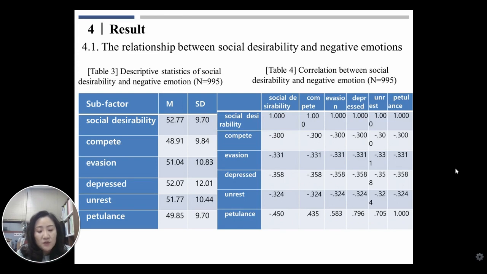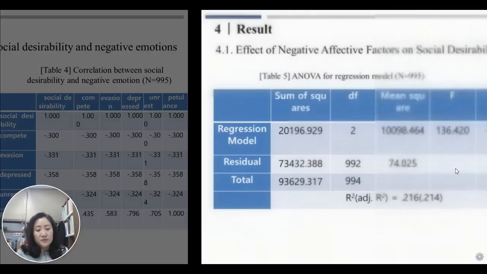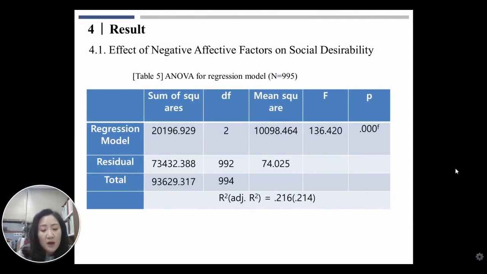As a result of explaining the correlation between the social desirability of college students and the subfactors of negative emotion in Table 4, this suggests that the negative emotion that most negatively affects the social desirability of college students is the irritability factor. Table 5